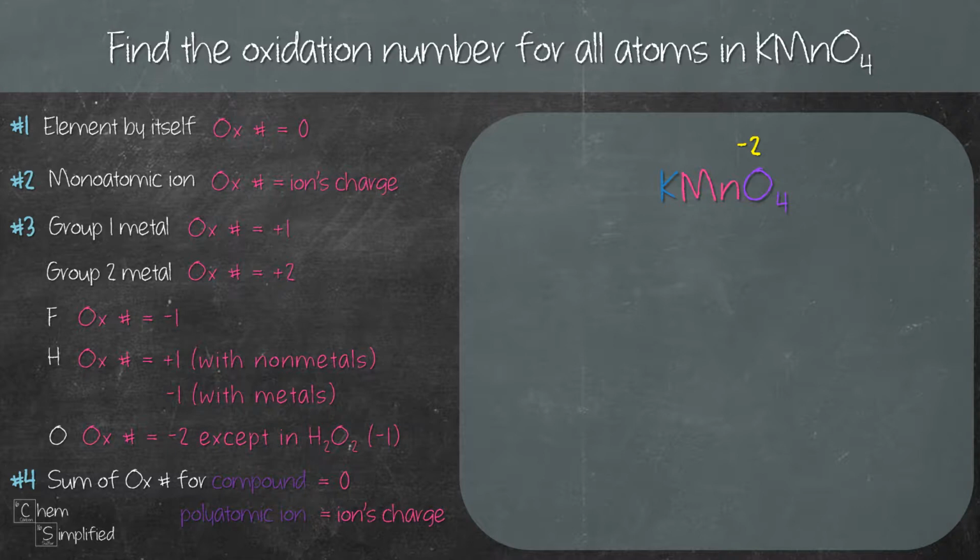If we follow the first part of rule 4, which is the sum of the oxidation numbers for a compound equals 0, it will be pretty hard for us to find the oxidation number for K and Mn because we're going to end up having two unknowns and one equation. Reason being, we don't know the oxidation number for K, we represent it with X. Mn, we don't know either, represent it with Y, so we can't solve for both X and Y in one equation. So what we're going to have to do is break down the compound